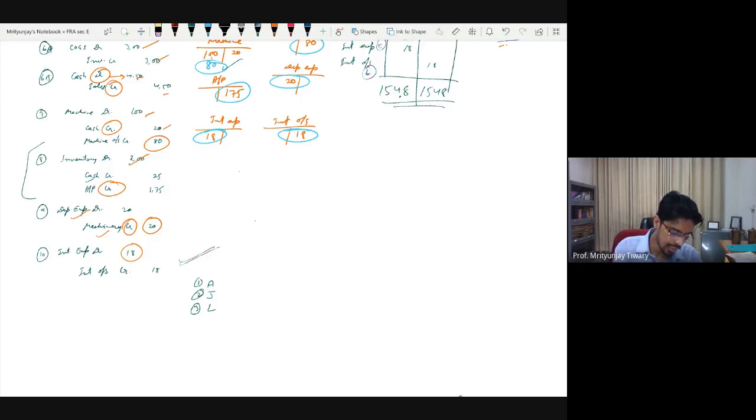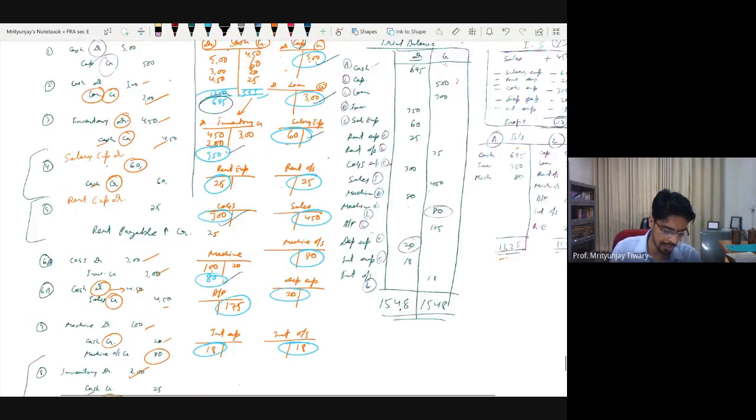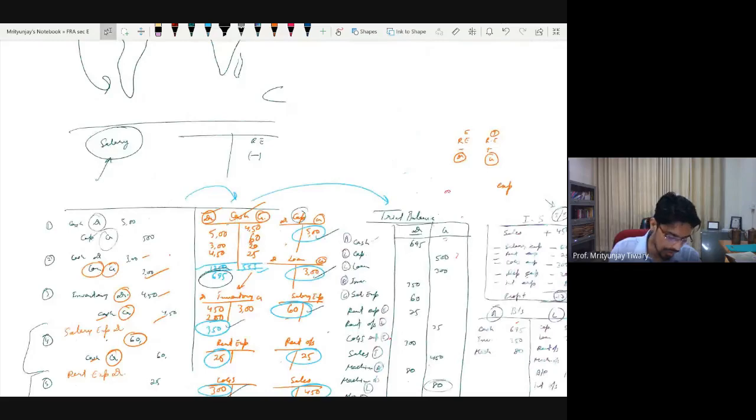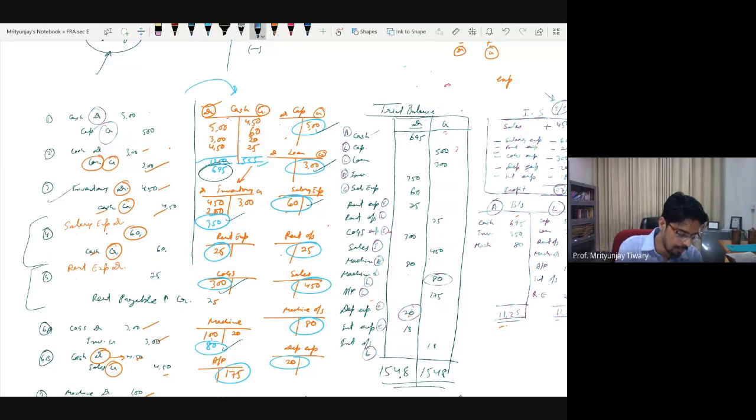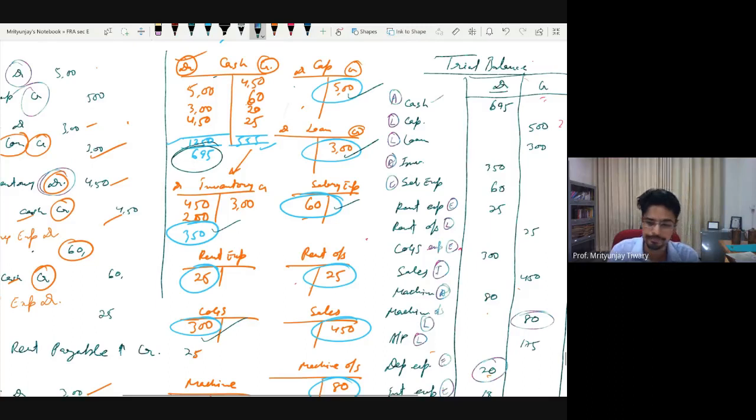Once you are done with that, then you can go to the next step of preparing a ledger. Ledger does what? Ledger contains all the T accounts, which is summary of all the different heads. So cash T account is summary of all the cash, capital is summary of all the capital, and so forth. Now, once you are done with transferring all the items into the corresponding T accounts, how would you do that? You will go to every item of journal entry and identify which item, which side and what amount. Everything is already written. You just need to transfer without making any mistake. So once you have transferred everything, next step is to find out the balancing number.